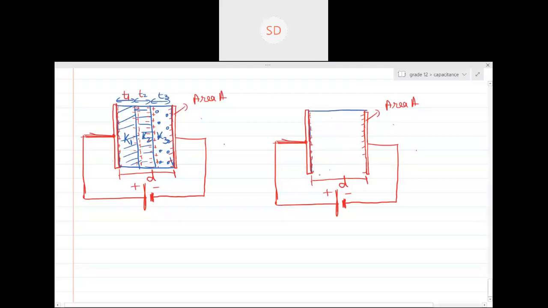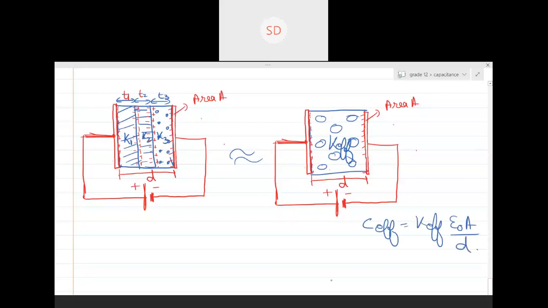The whole thing is made up of a single material of K effective. Can you see? K effective will be something different. What shall I take it? Okay, this is your K effective. So now see, how will you convert this to this? What will be the effective K value? K effective. Right? Yes or no?